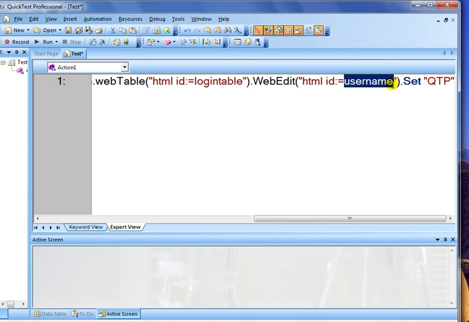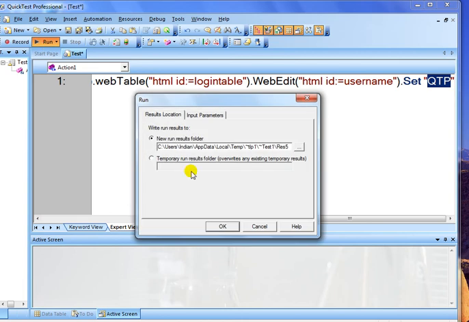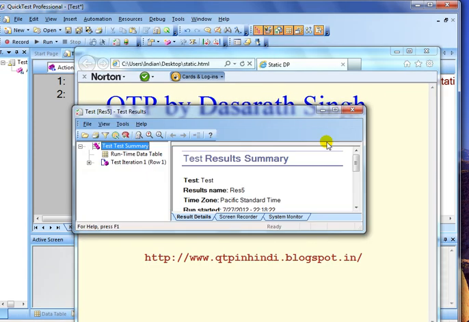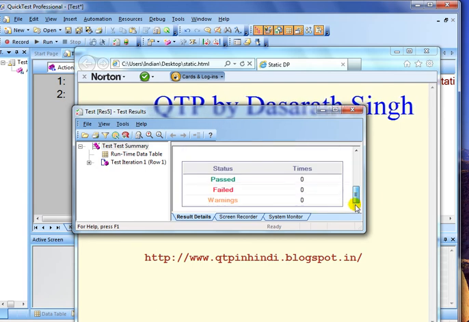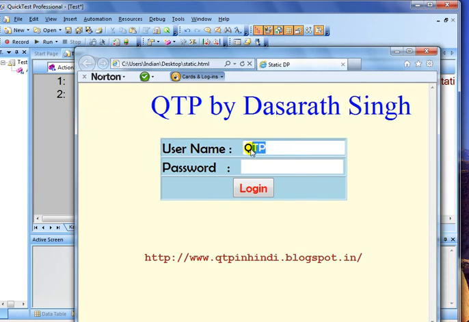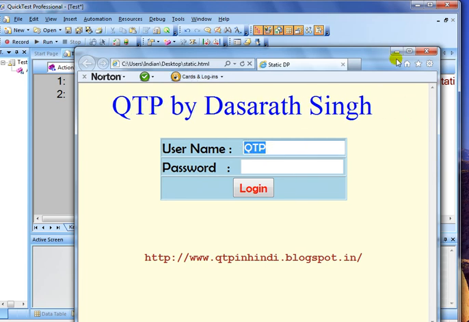In that edit box, the tool will enter the value QTP. Okay, now let's run it. Click on the run button and click on OK. Just to see, the tool has entered QTP in the edit box username.